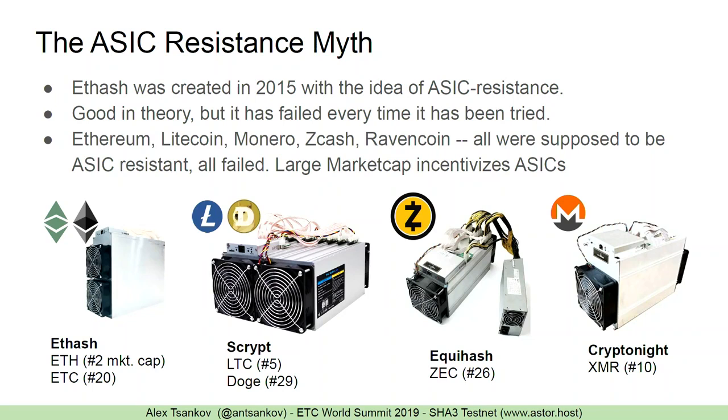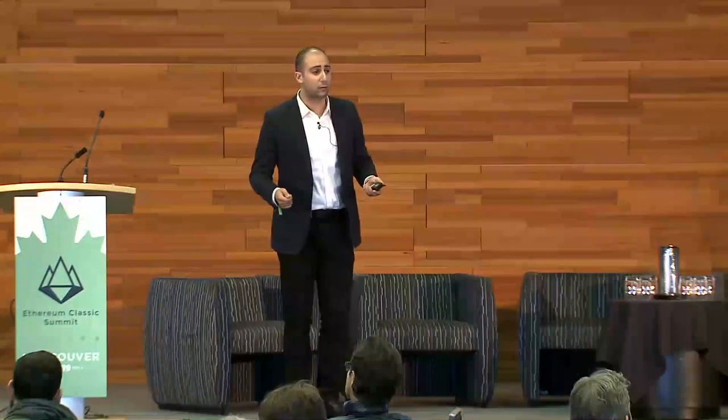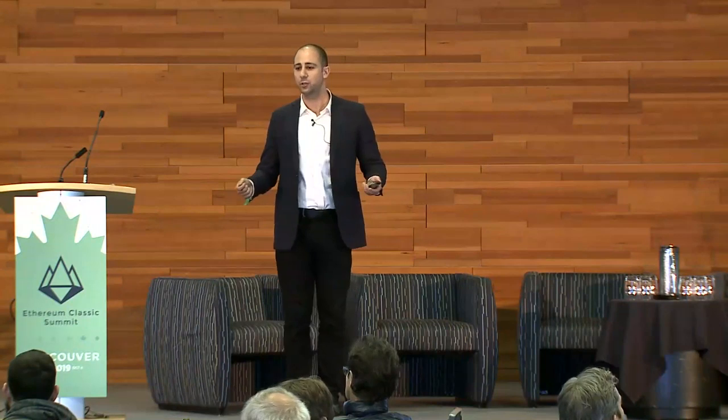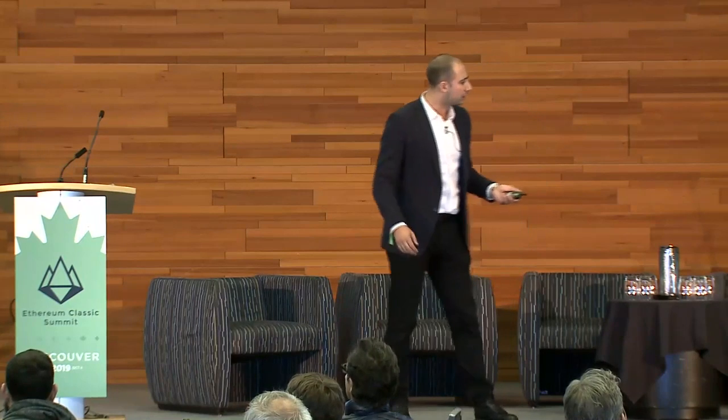So after this attack, I really started looking into it because there's no instruction manual or Stack Overflow question for how do you respond to a 51% attack. You just have to go along with it as it happens. And I started noticing that we didn't use a standard hashing algorithm. We used a custom one called Ethash, which was created in 2015 with the idea of being ASIC resistant. And what ASIC resistant means is that it's supposedly difficult to build a dedicated device to be able to mine this.